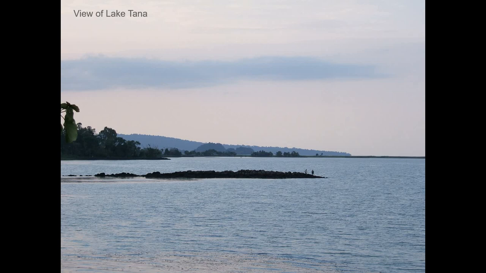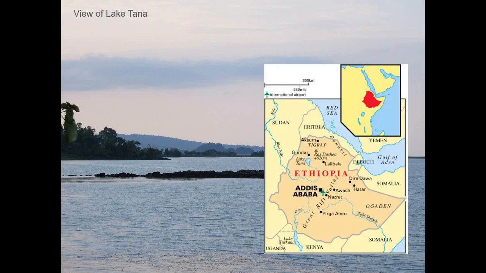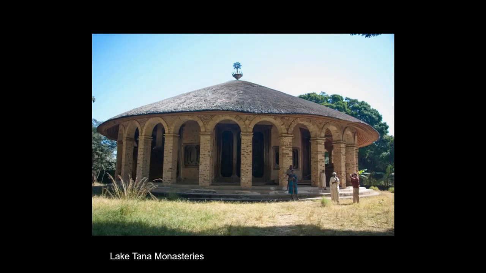Anyhow, one of my favorite places, at least hopefully I'll get to visit, is Lake Tana. Lake Tana is a lake at the headwaters of the Blue Nile, which is located right there. And on the islands of the lake are monasteries, and these monasteries became the royal crypts of many of the royal dynasties of Ethiopia. So they served as the tombs of Ethiopian kings.